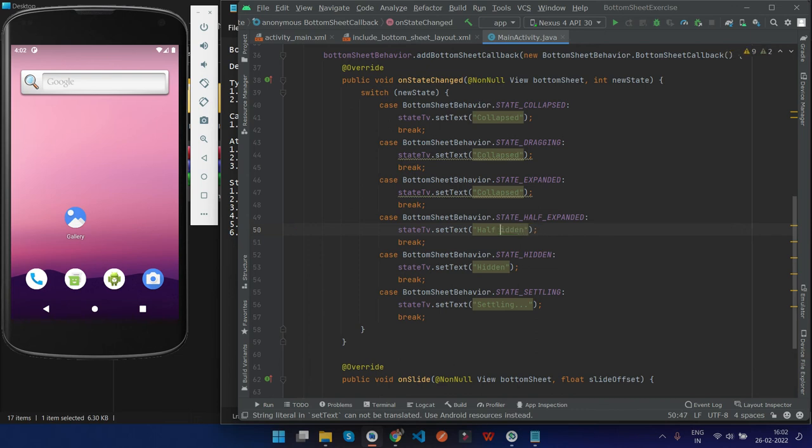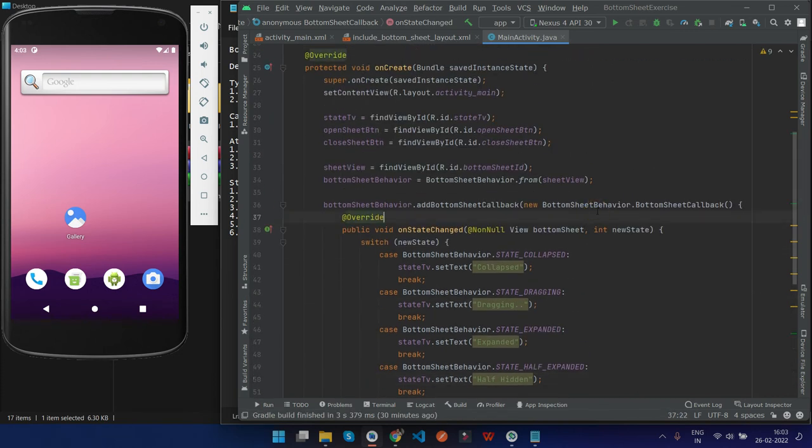Okay, expanded, dragging. Okay, so we have successfully set our bottom sheet behavior,